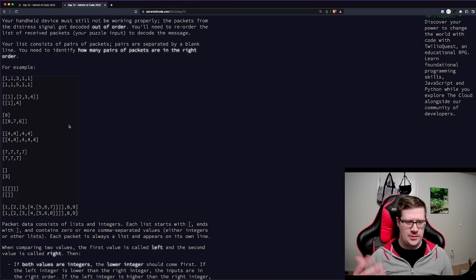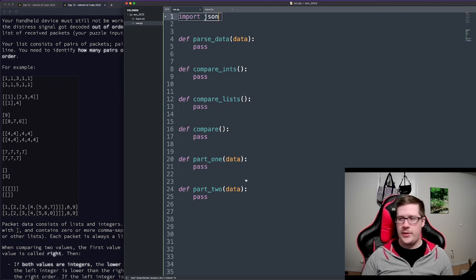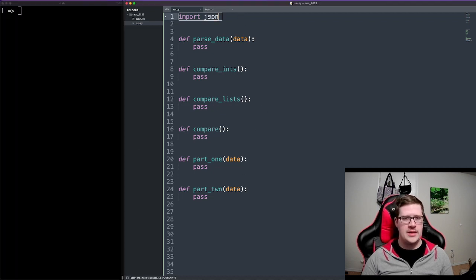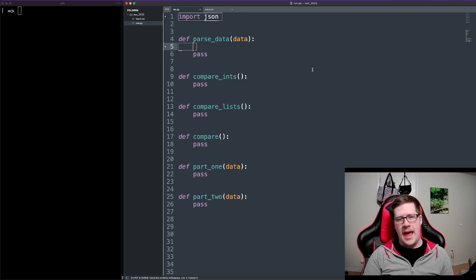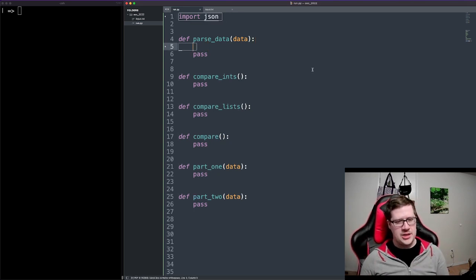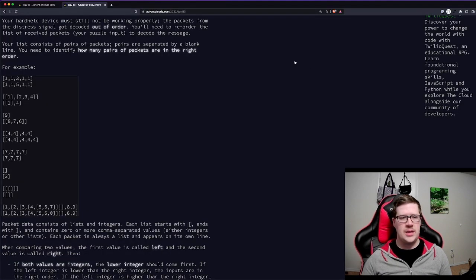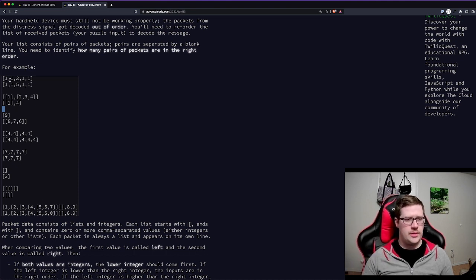And I wanted to make sure that everything was a valid list that came in. So that's what I'm doing. I'm going to use the JSON library, so import json. And we're going to have all that data, and each of the 2 individual records that we need to compare are going to be separated by a blank line. So we're going to split along 2 blank lines, and then we're going to parse this line and